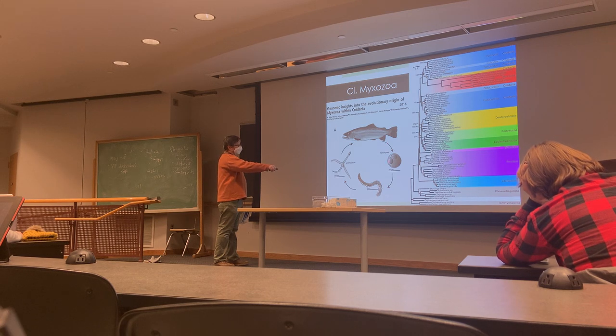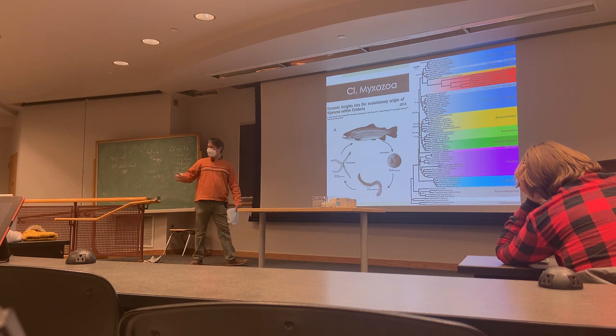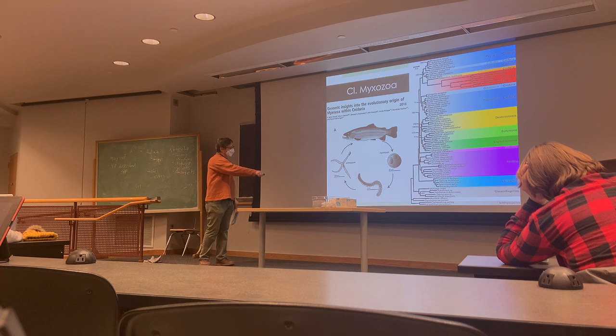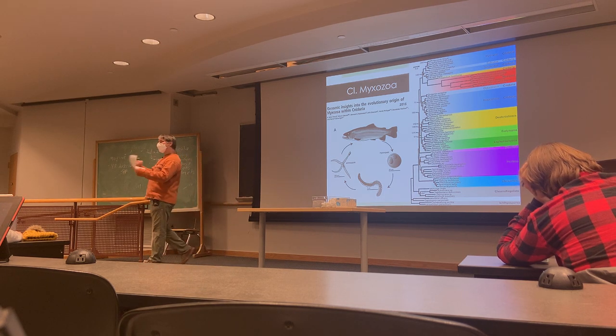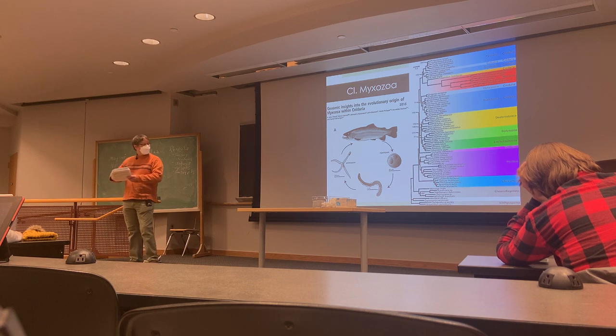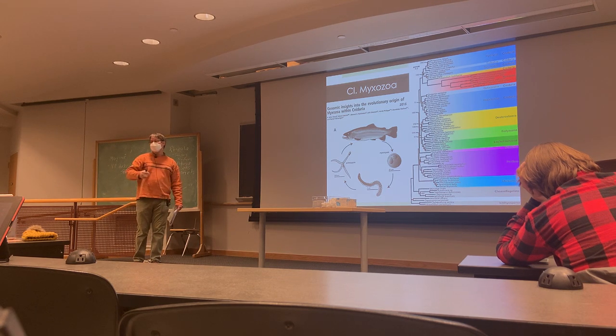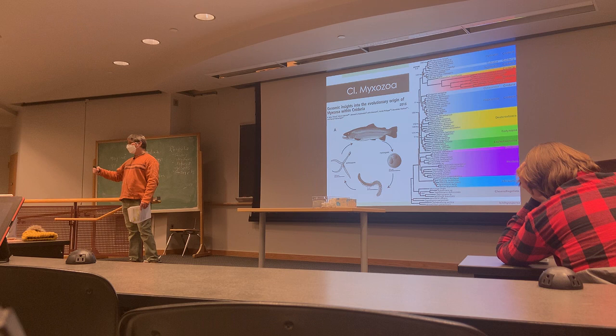A myxospore emerges, and this is where you can see the polar capsules. It may be consumed by an annelid worm. We'll talk about annelid worms later, but this includes earthworms and so forth. It is digested by the worm, and then the polar capsules, the metacyst, fire, and allow the myxospore to go through the gut wall.